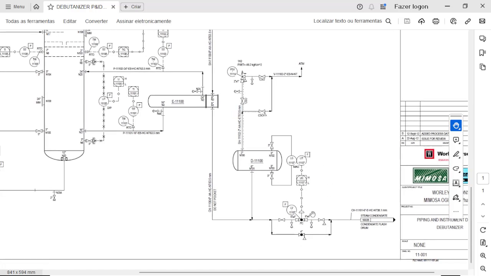This control valve in this control loop has a bypass valve, so you can see that each manual valve has different symbols. This symbol here is different from this symbol here, because in this case the bypass is used in case the control valve must go to maintenance, so we have isolation valves.